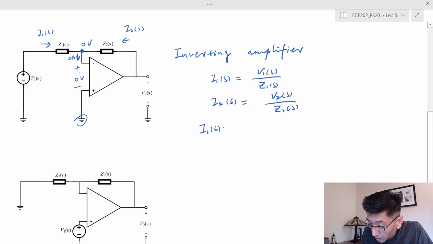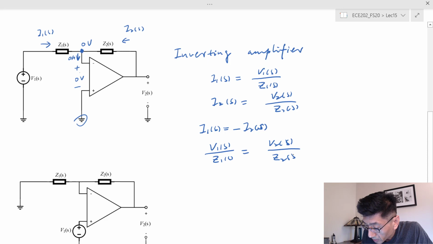So I1s is equal to negative I2s, right? So the entering current should be equal to the leaving current, and therefore you have V1s over Z1s is equal to V2s over Z sub 2s. So therefore, negative here, right? So therefore we have V2 over